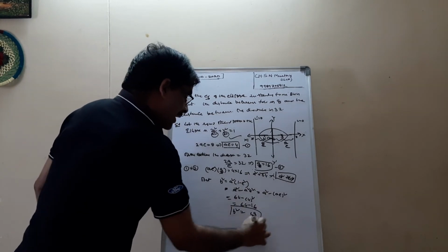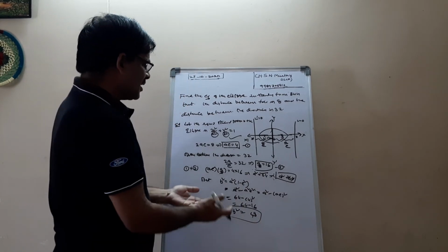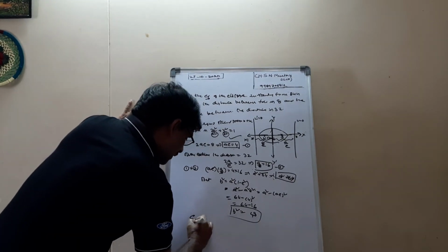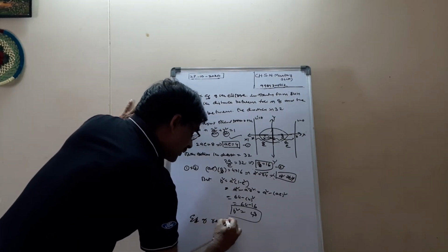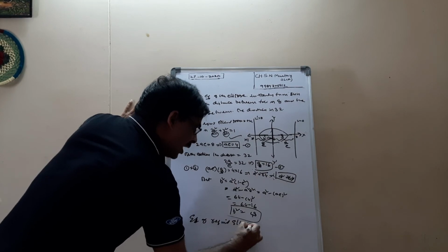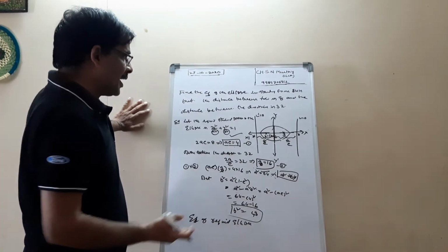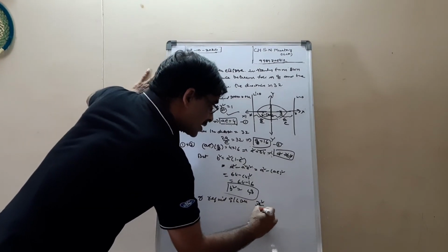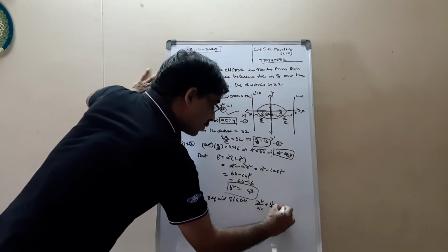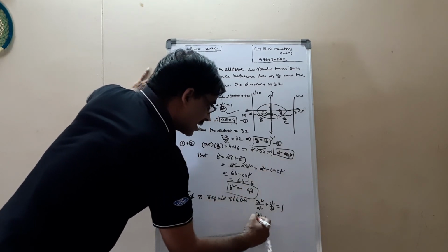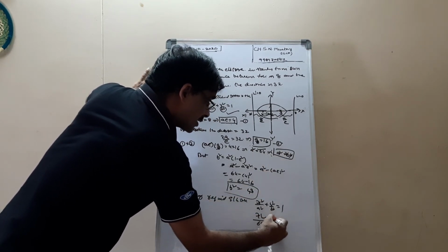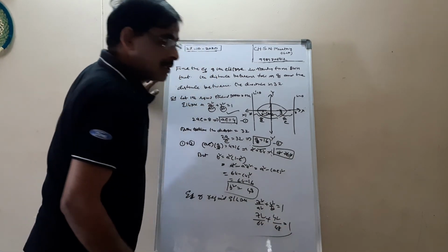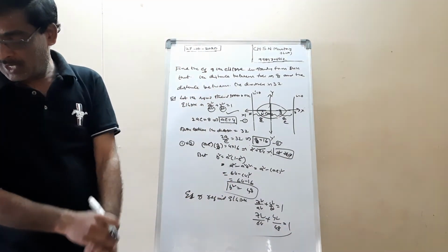So we have the a square and b square values. Let us substitute these two values in our standard form. The equation of the required ellipse, or the standard form of the ellipse, equals x square by a square plus y square by b square equal to 1, or x square by, what is our a square? 64, plus y square by b square, where is b square? 48, equal to 1. So this is the equation of the ellipse.